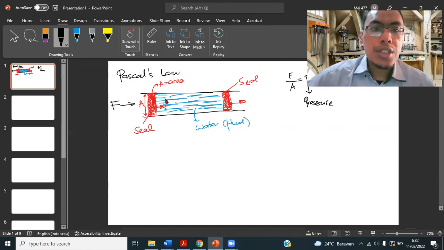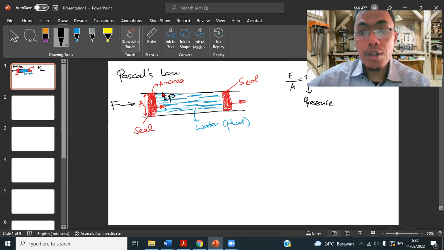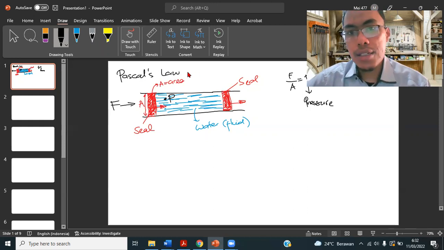So there is a pressure here, and in every point of this mechanism the pressure is the same, as long as